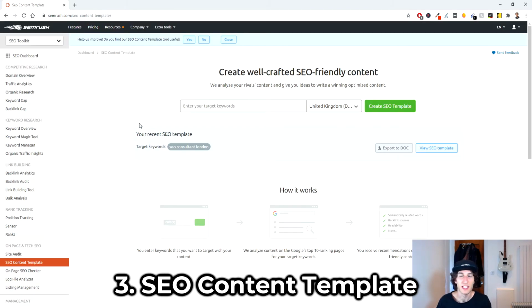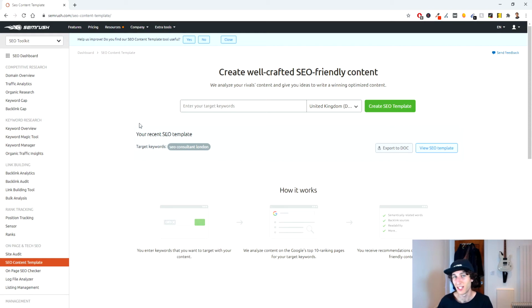Coming in at number 3 is the SEO Content Template, and this moves on quite nicely from number 4, because once we've got the ideas of the types of keywords we need to target, you can get a content template that basically tells you so much about how you should be targeting these keywords. So all you have to do is enter a keyword here that you want to target. So in this case, I'm going to put SEO Consultant London,